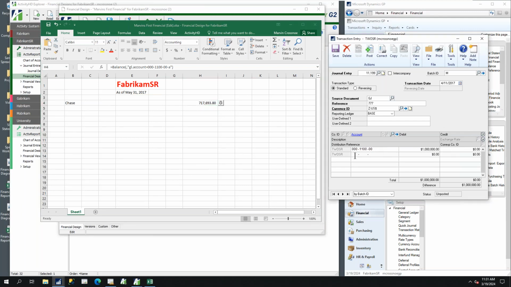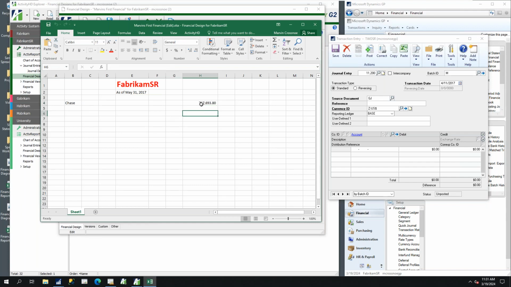Well, I'll offset this posting in Dynamics GP 110500 for $1 million. And now as I save this, remember it's unposted. As I save this, looking over here in our ActivReporter spreadsheet, nothing happened. But what if I go over here into my spreadsheet and hit the F9 key? As soon as I hit the F9 key, that number will be,